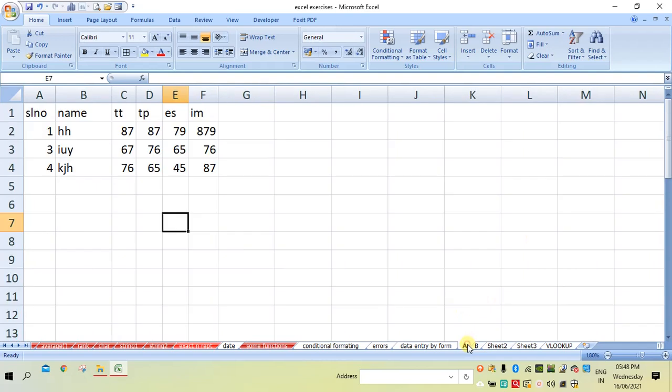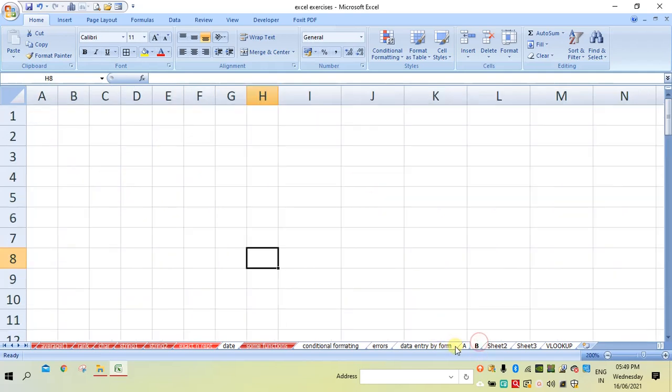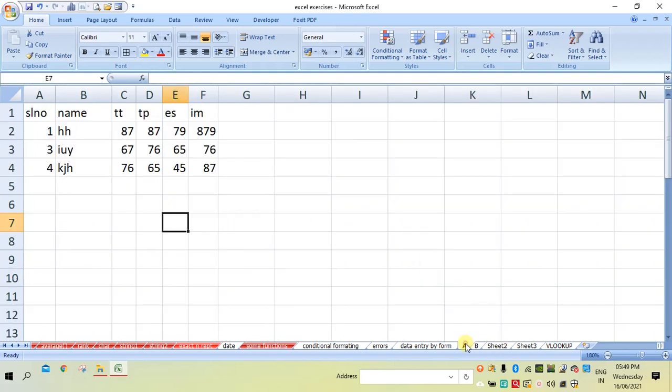Now I want to make a link between these cells of the A sheet and the cells of the B sheet. Here the A sheet has serial number, name, TT, TP, ES, IM. I want these fields in the B sheet also.